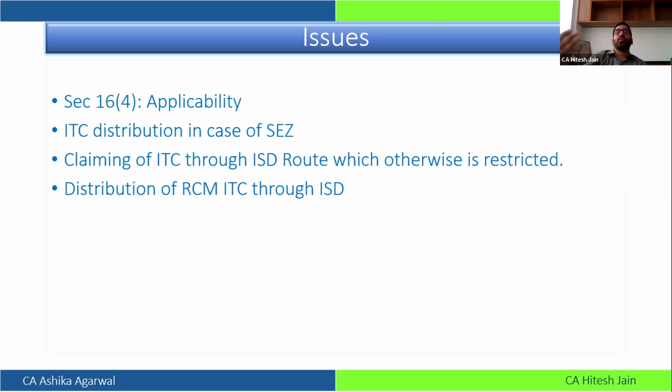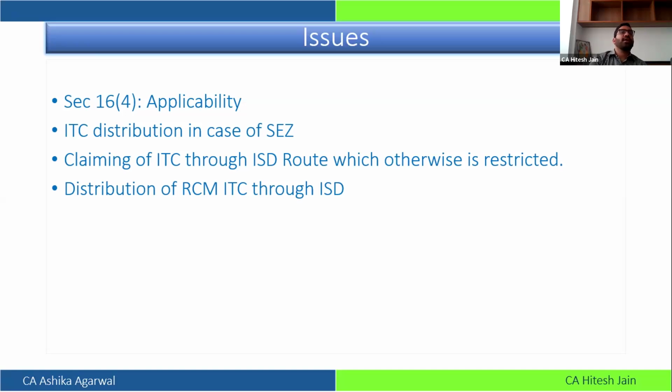Now HO has to report it in outward supply in its GSTR1, which is actually not an outward supply, because until and unless the credit flows to your ISD, you cannot distribute it using your GSTR 6. So in such cases, there lies a problem where you need to check how you are going to deal with the RCM ITC. Hopefully a clarification will come on the question of passing the RCM ITC through the ISD route,